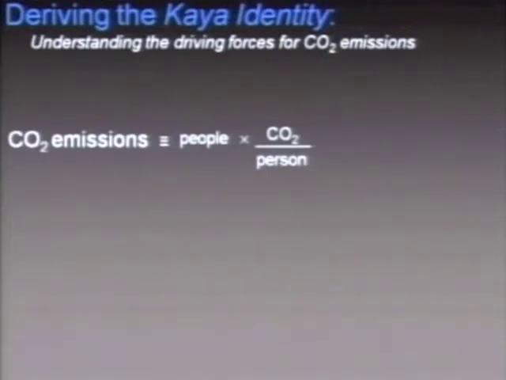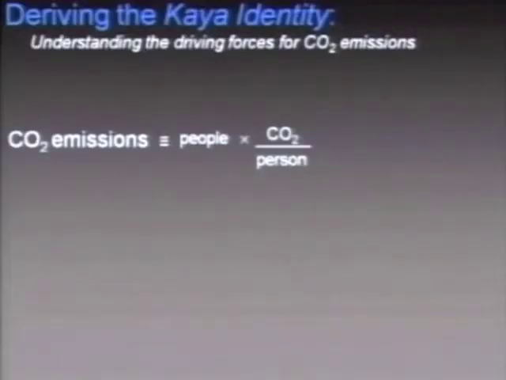And so what I want to do today is go step by step and derive something that's called the Kaya identity. And this is the first step in deriving that. So what we're doing is we're saying that carbon dioxide emissions are defined as a function of several things. The simplest way to think about this might be to say that it's a function of the number of people and how much CO2 is emitted by the activities, that is, per capita CO2 emissions. But this is overly simplistic.